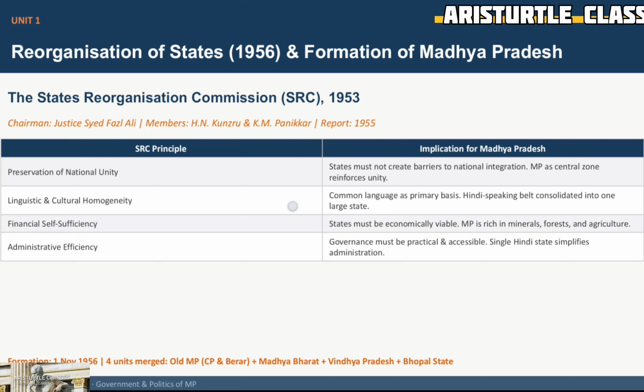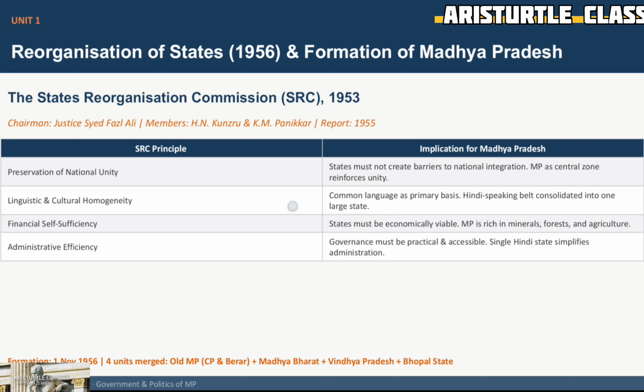This commission emphasized that language should not be the only parameter to make a state, but they provided that common language can be the primary basis for constituting a large state. Basically, there was a popular demand of constituting states on the basis of language, basically linguistic constitution of states. The Indian government kept on declining this demand, but with this commission they accepted that demand, and in 1956 they formed 14 states and 6 UTs on the basis of languages.